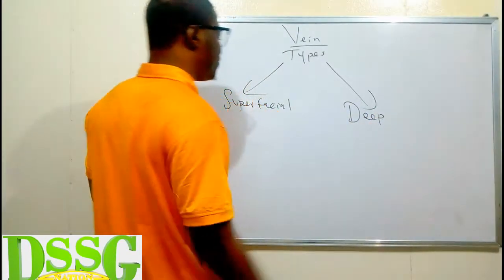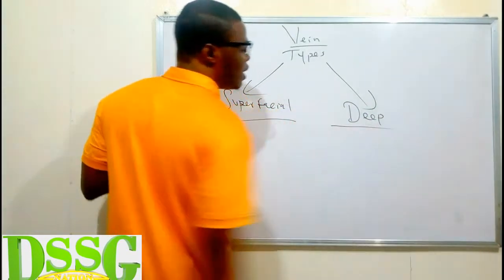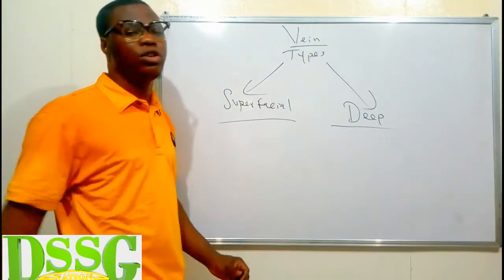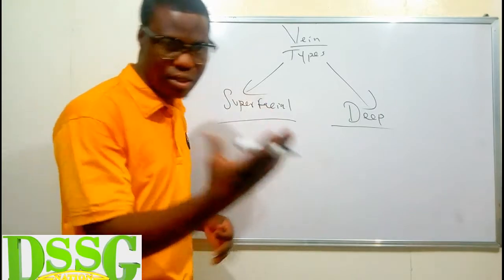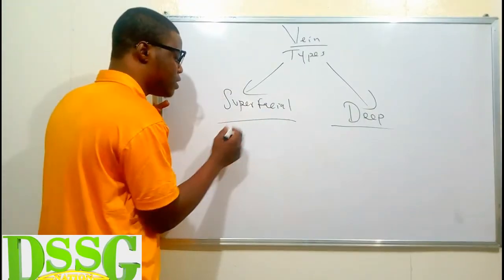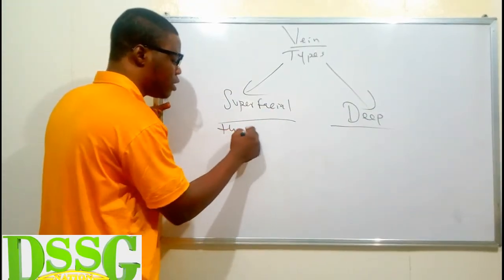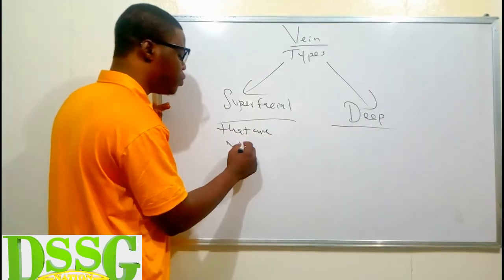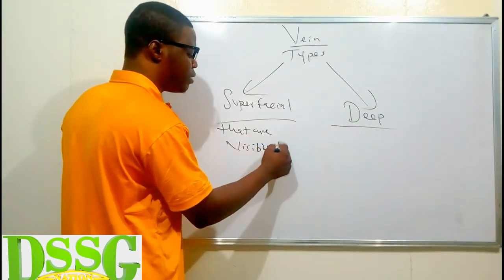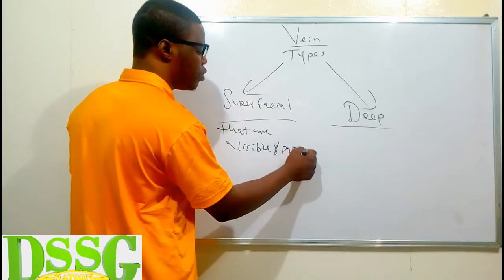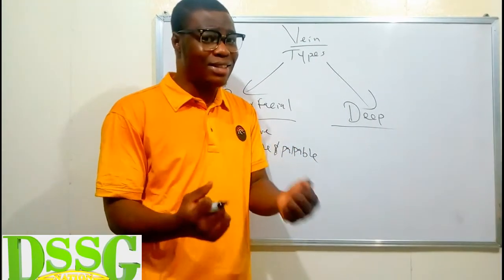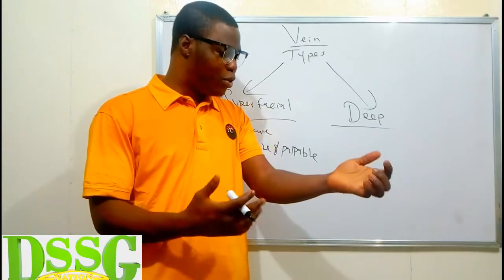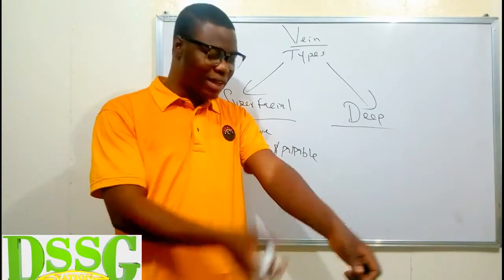So what are superficial veins and what are deep veins? As the name implies rather. So superficial is something you can feel and you can touch, something you can see. So the superficial veins, they are veins that are what? That are visible and palpable. What's the meaning of that? Visible is that you can see them. I'm not an energetic person with strong muscles, but if people really have strong muscles, we find their veins